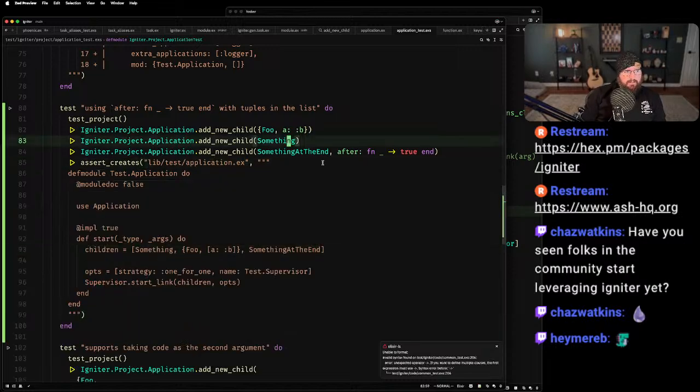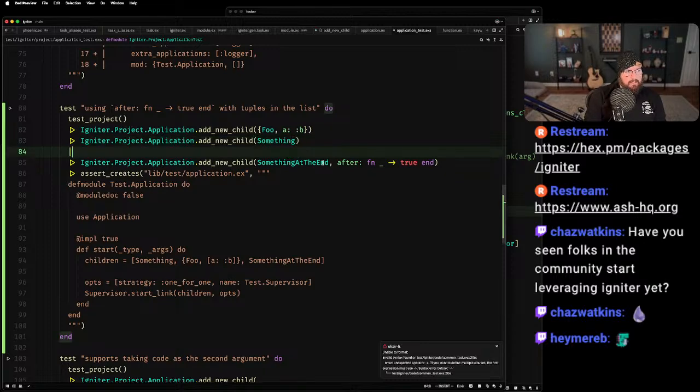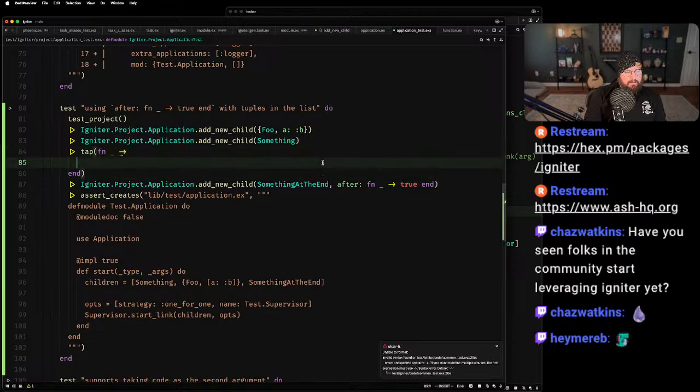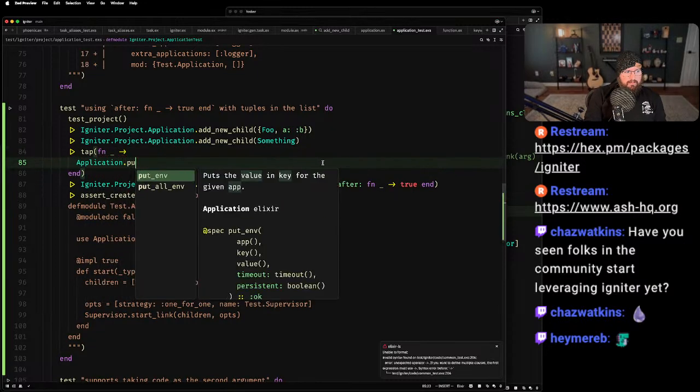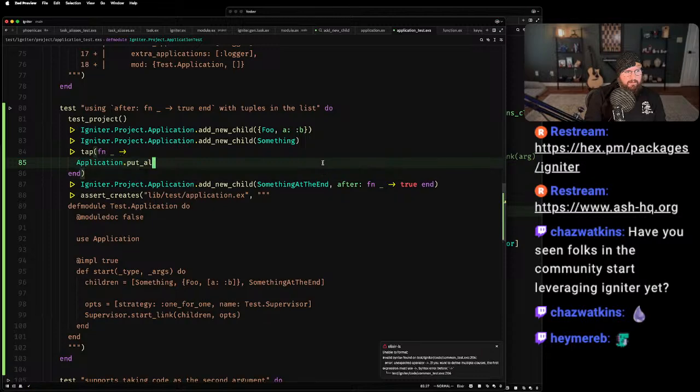So now what we can do is, I don't want to inspect. This is kind of silly, but watch. Actually, yeah, I'm going to do it. Put in foo bar true. This is just a little hack to make sure that my IO.inspects come from this call to add new child instead of the other one.